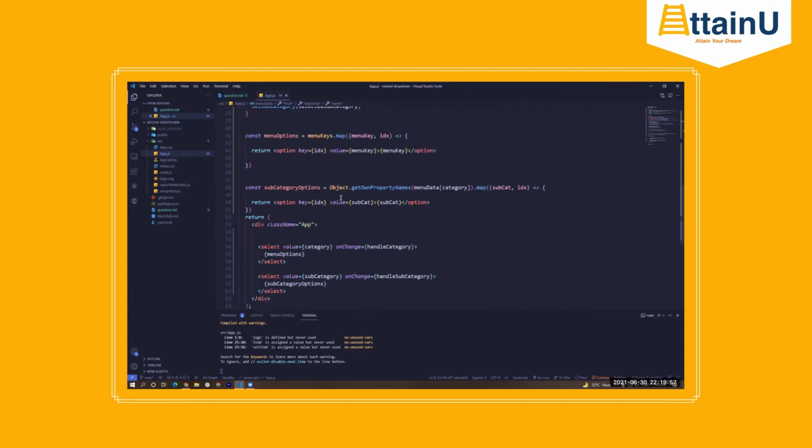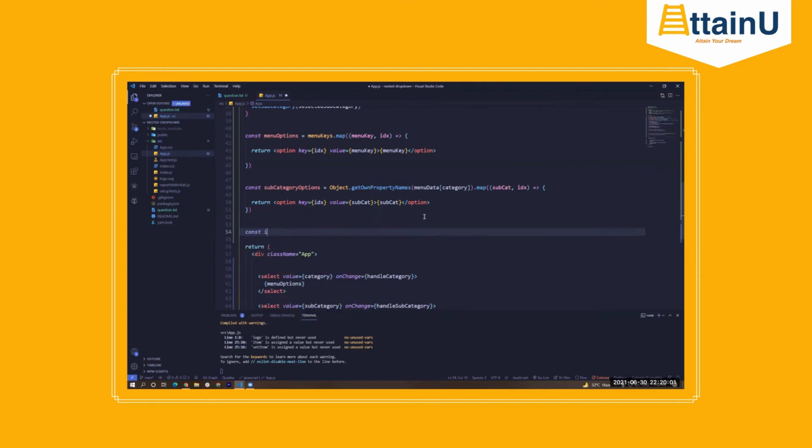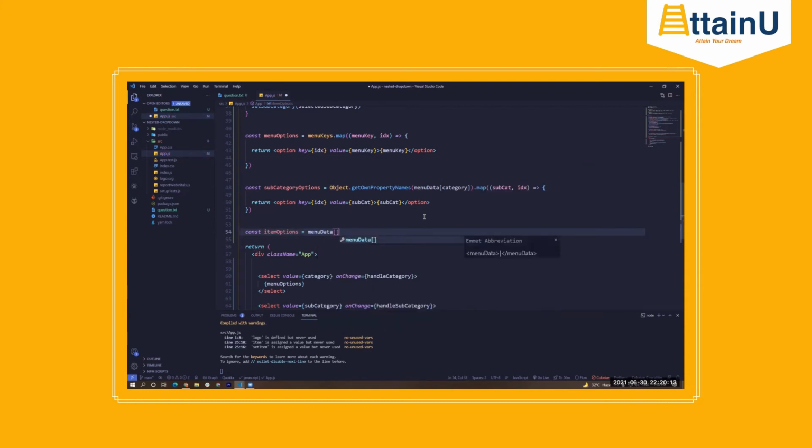So I can say const item options is equal to menu data, current category, of that current category, current subcategory, right?